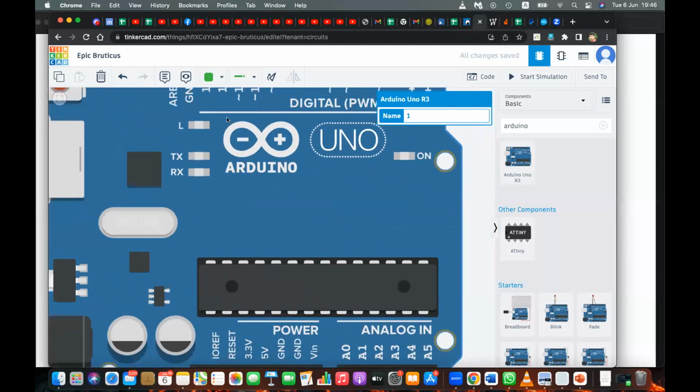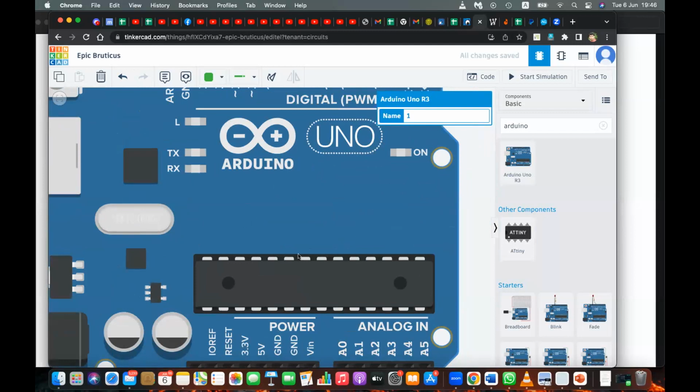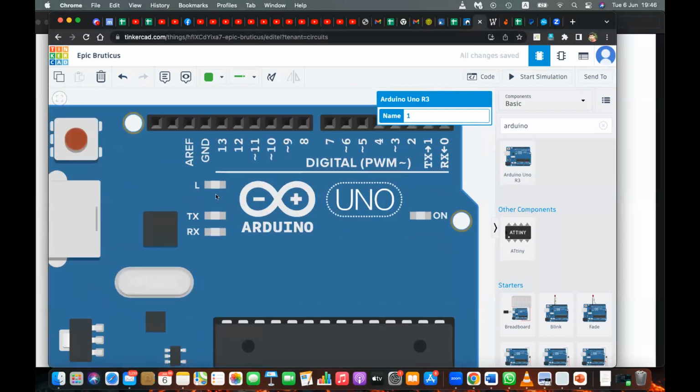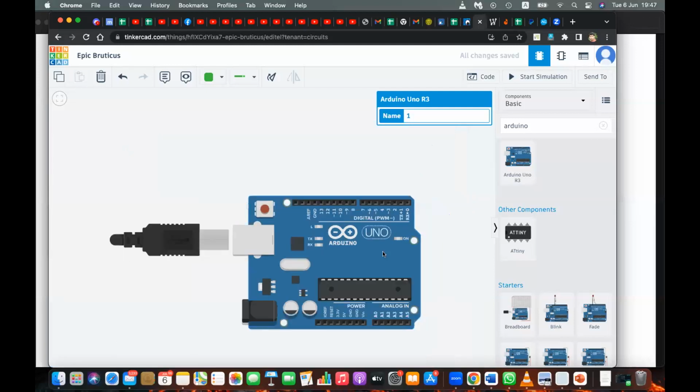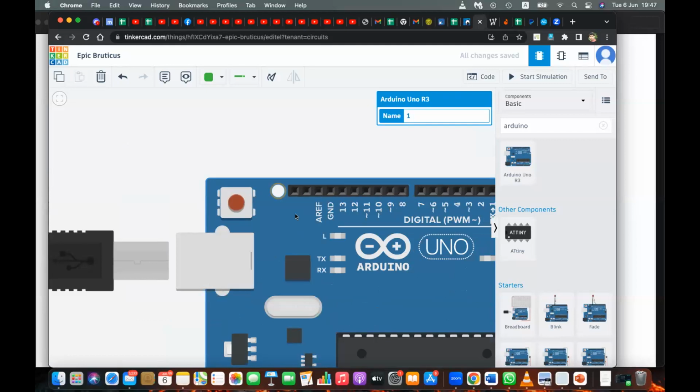And voltage in will give the current. And then GND, another ground, 5 volt out and 3.3 volt out, reset, input output ref, and all these things are there. And there is a built-in LED, TX and RX indicators, and a reset switch. So we'll learn one by one later.